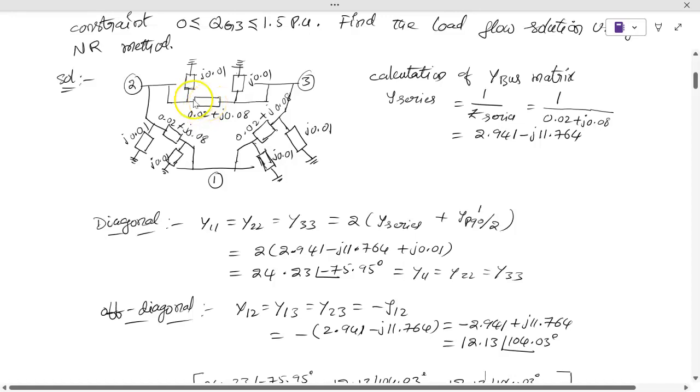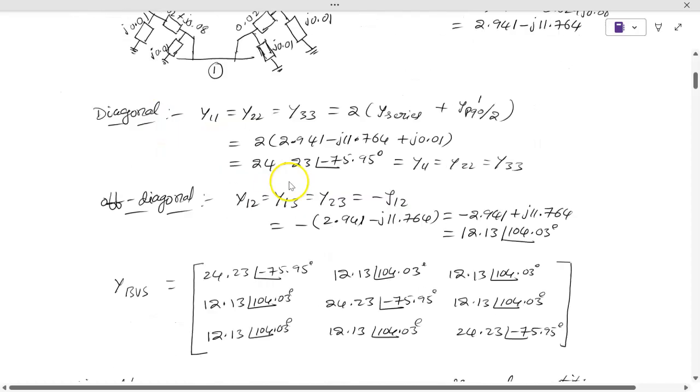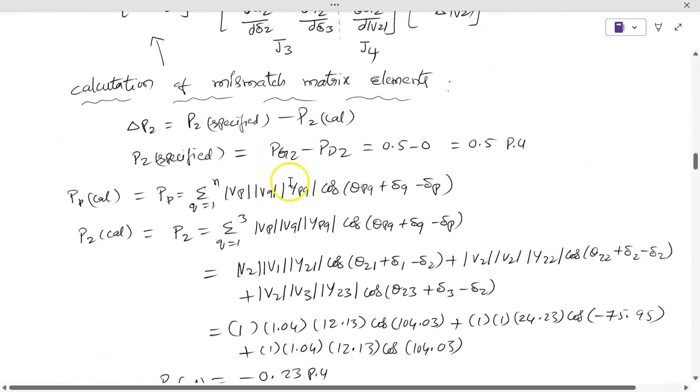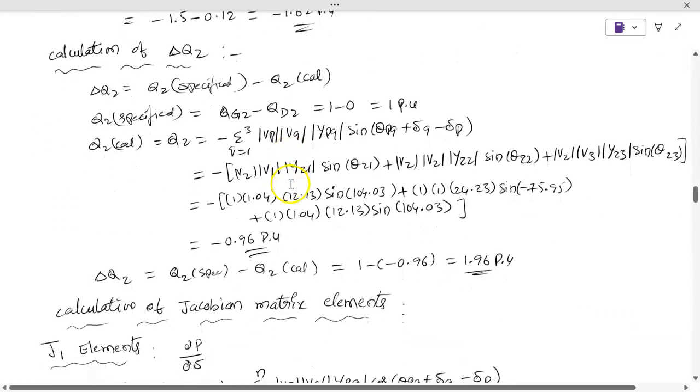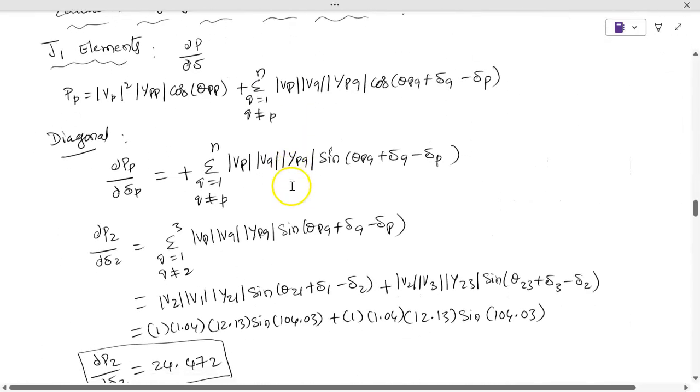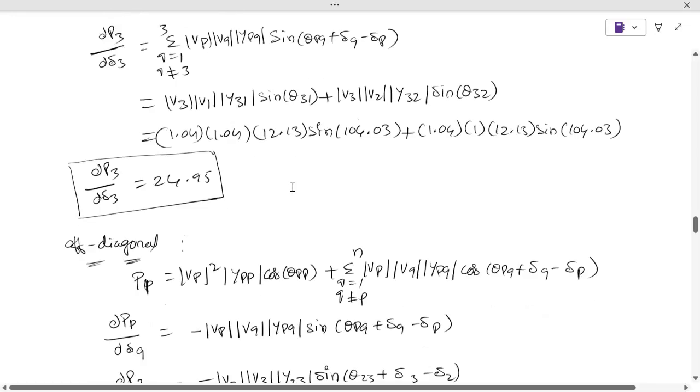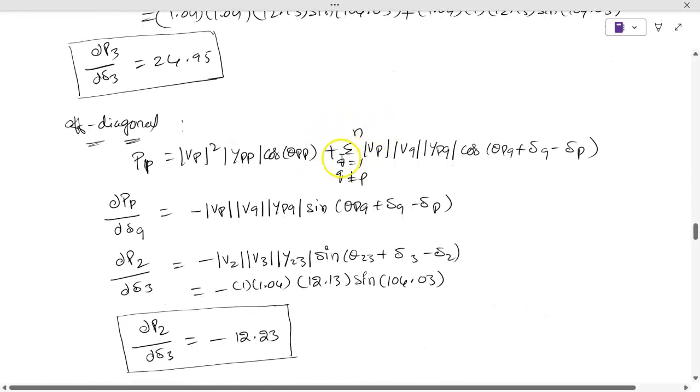Whereas for diagonal elements, it is this branch element plus this branch element. But for an off diagonal element, that is 1 to 2, only a single value will come. So that's why, as that is a single value, only unit represents that single value, that summation will not come. Understood? This summation will be removed. Summation will not come. Minus VP, VQ, YPQ, this cos becomes sine, and